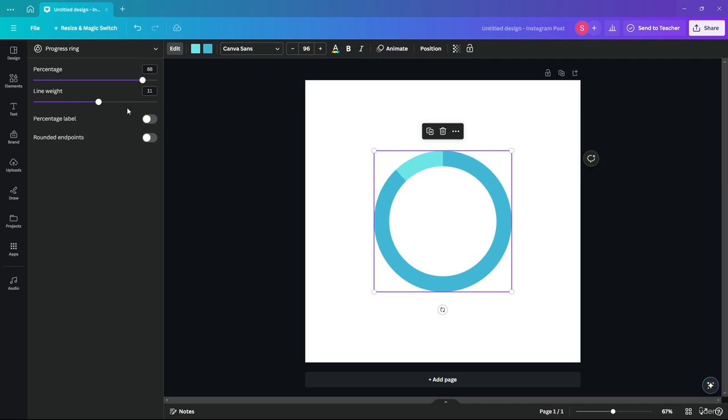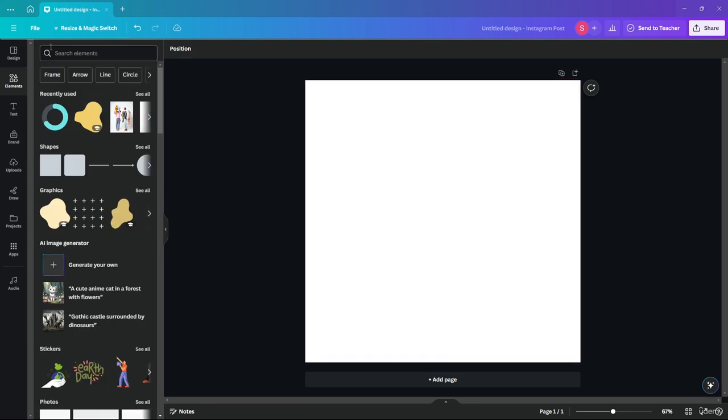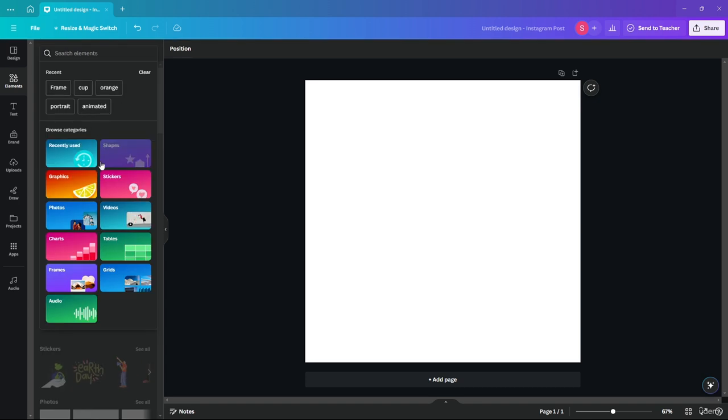And you can also give it rounded or non-rounded as well, as you can see. I'm going to go ahead and press the delete button to delete that. Now, underneath Elements over here, if I go ahead and left click here, as you can see, a new smaller window pops up with recently used shapes, graphics, stickers, photos, videos, charts, tables, frames, grids, and